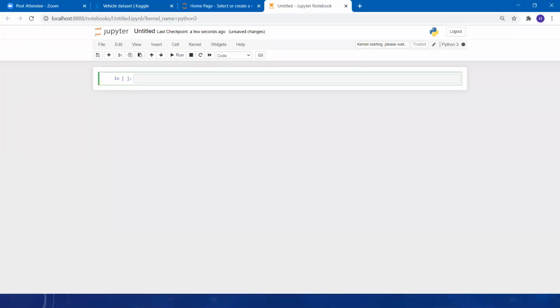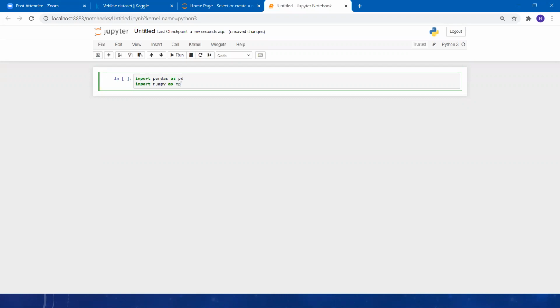So let's import the libraries that we are going to use. First is our pandas to read our data set. Second one is our NumPy. Third one is our Seaborn library for visualization. For the visualization, we are going to import Seaborn over here as sns.